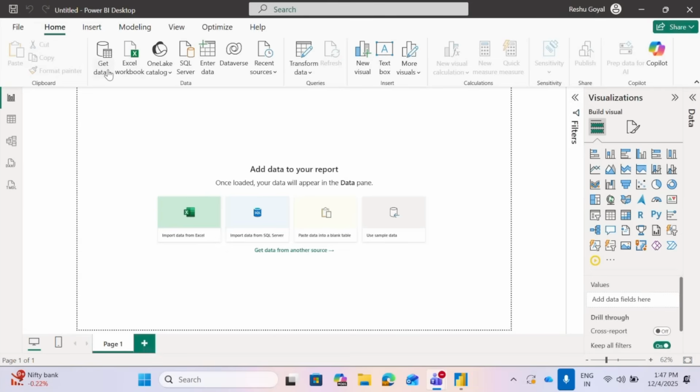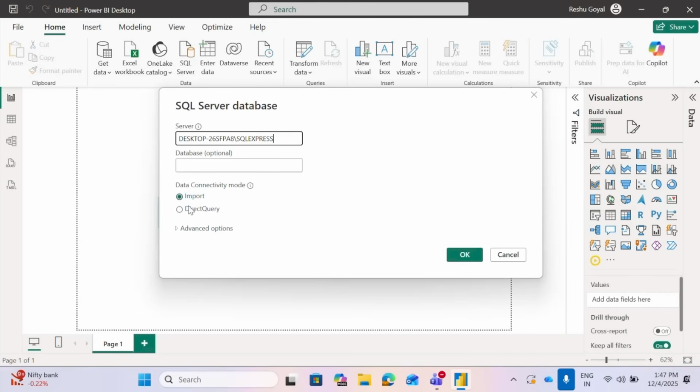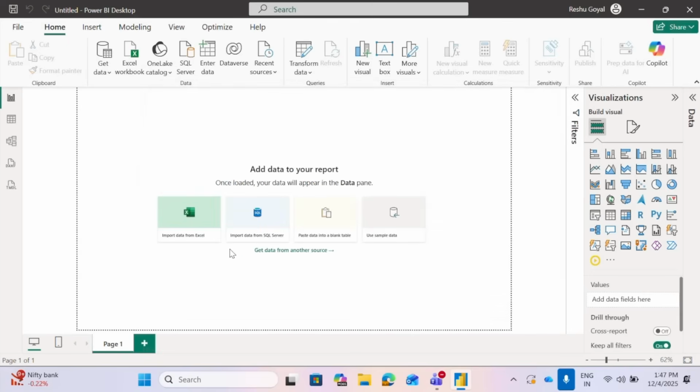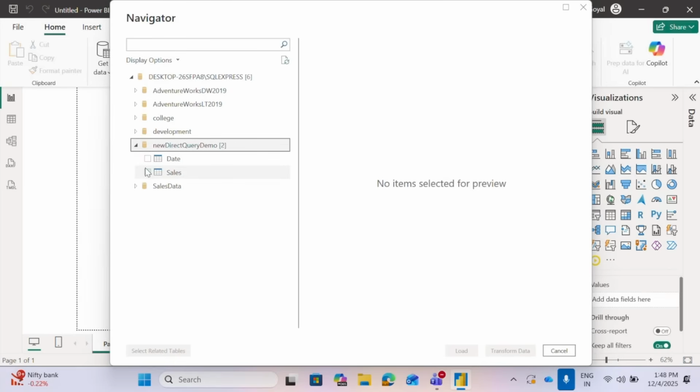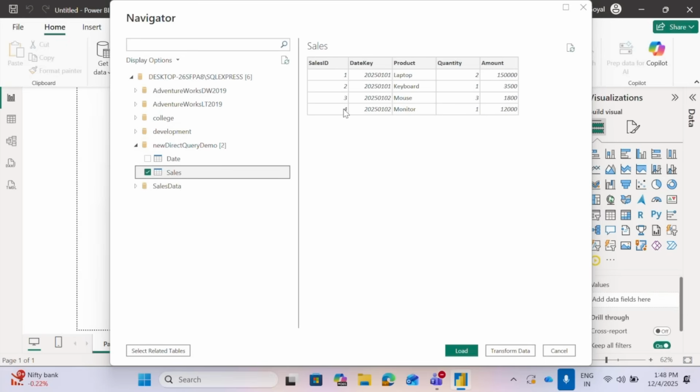So I'm going into my SQL Server and connecting via DirectQuery storage mode, and I'm just clicking on OK. I'm getting a date table, and as I told you, I'm going to take my sales table, which is fairly small for the demonstration purpose. But as we know, sales happen quite frequently, so we have this ever-changing sales table, and that is why we are getting this in DirectQuery mode.